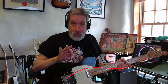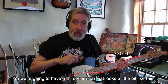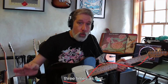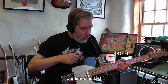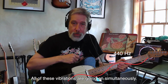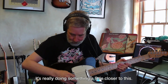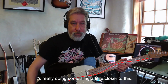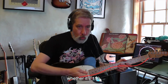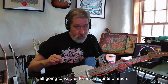And it's actually going to keep going. So we're going to have a third vibration that looks a little bit like this. That is at 330 times per second, 3 times as fast. We've got 440 as well, 4 times as fast. All of these vibrations are going on simultaneously. And so when you pluck the string, it's really doing something a little closer to this. The magnitudes of each of these vibrations, whether it's 110, 220, 330, 440, all going to vary,